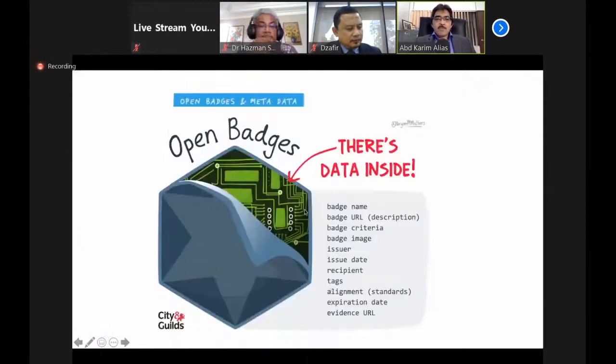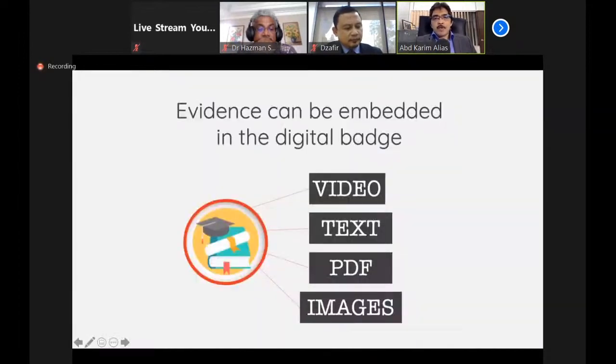But it's not only that. In the digital badge, because it is digital, we can embed a lot of information, including the learning artifacts of the student, selected learning artifacts. And if you think about it, the digital badge is actually the micro e-portfolio, and the student would have the opportunity to curate the best learning artifacts to show their competency.